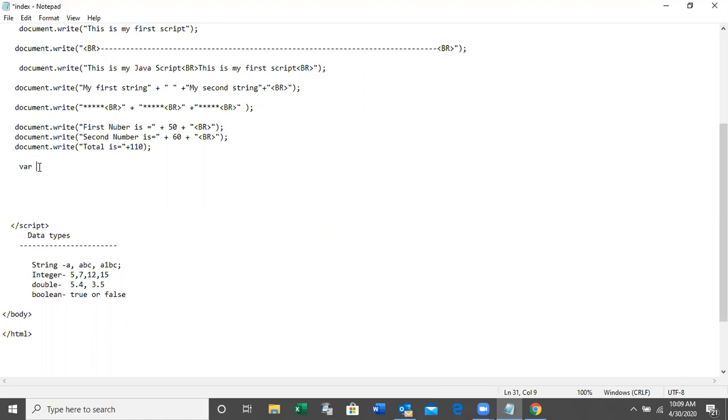So what is the permanent location? Where we can save the data permanently: the database. The database is permanent storage, but a variable is a temporary memory location we can use to store something temporarily. For example, you all are using an ATM card.